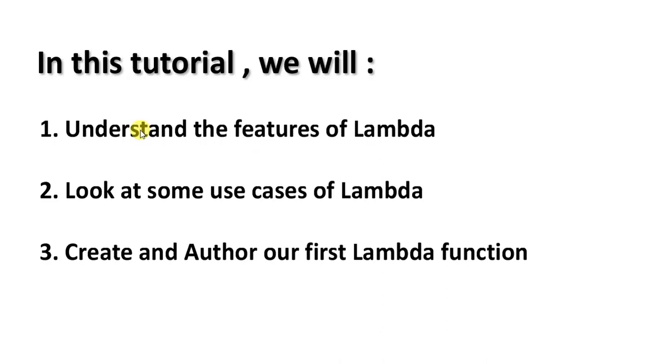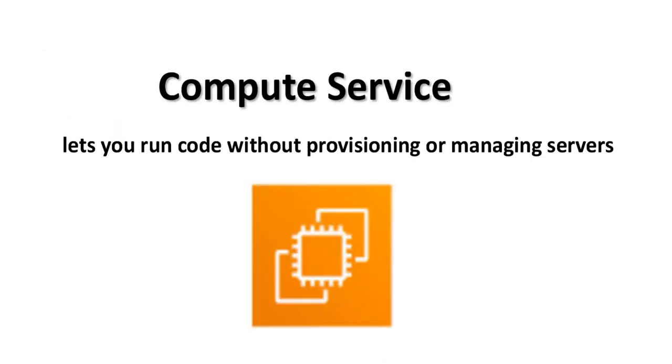So first, let's understand what Lambda is and what the features of AWS Lambda are. First thing is Lambda is a compute service. In the sense, in AWS we have services like storage, compute, network, etc. So Lambda falls in the compute category, which means that Lambda is basically used for compute purposes, to run your code, to process data, and such stuff.